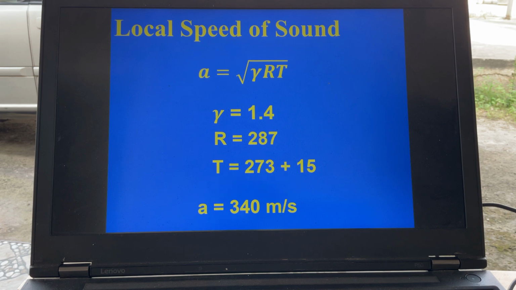But whether it's 15, 20, whatever it is, you add the 273. On this occasion, we assume it's 15, so we add 273 to 15, making 288. By multiplying gamma times gas constant times temperature, the local speed of sound we get here is 340 meters